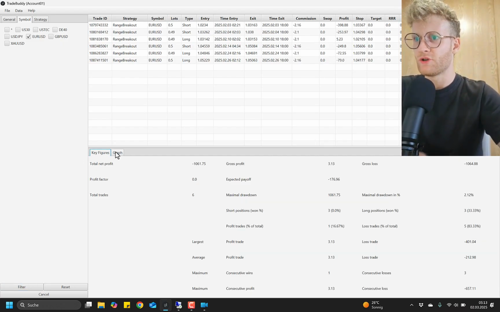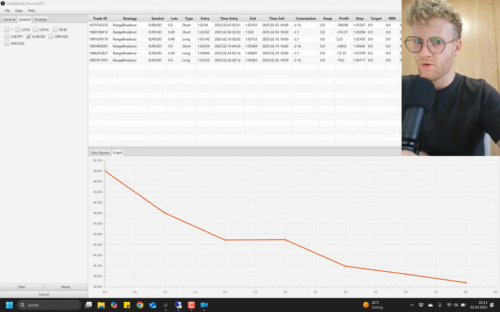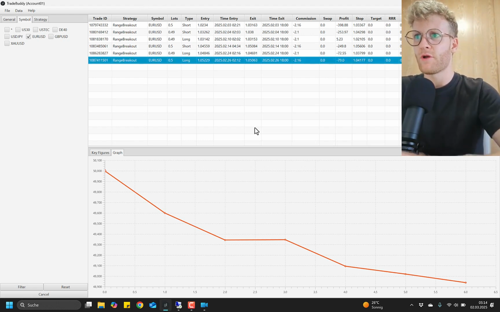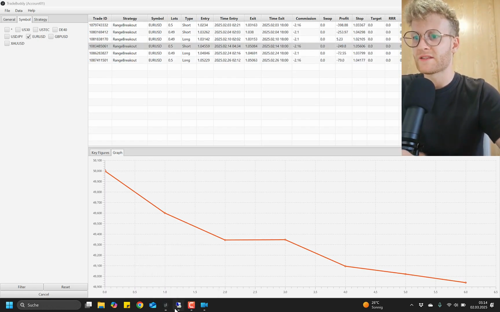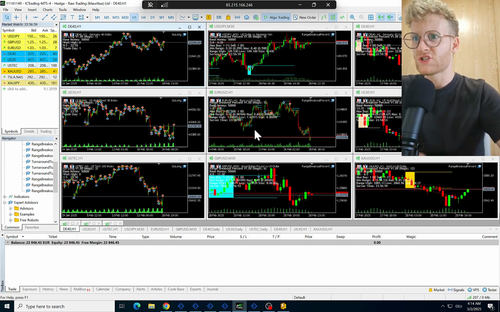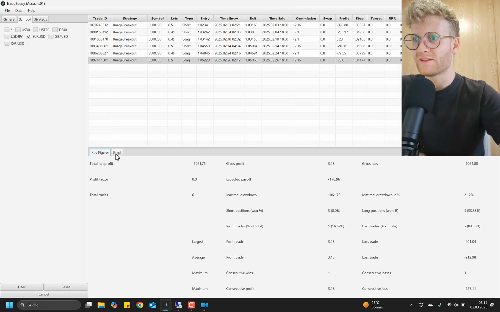Then we had Euro US dollar, which is a very big disappointment actually in the last month. It lost 1k, and I was wondering in the meantime if I should even trade Euro US dollar in this account with this strategy, because there are not too many trades. Surprisingly, in February there were a lot of trades. 6 is quite a lot, but I use a very restrictive range filter for Euro US dollar, so usually I don't see too many trades in this strategy. And the last month was very bad here, lost 1k, which is not good.